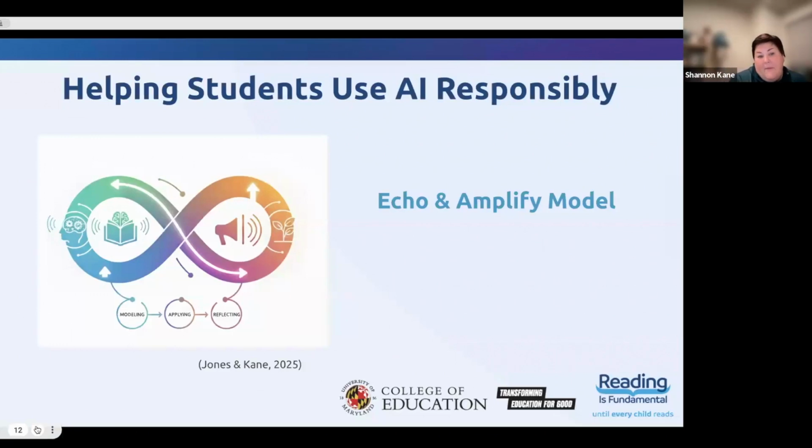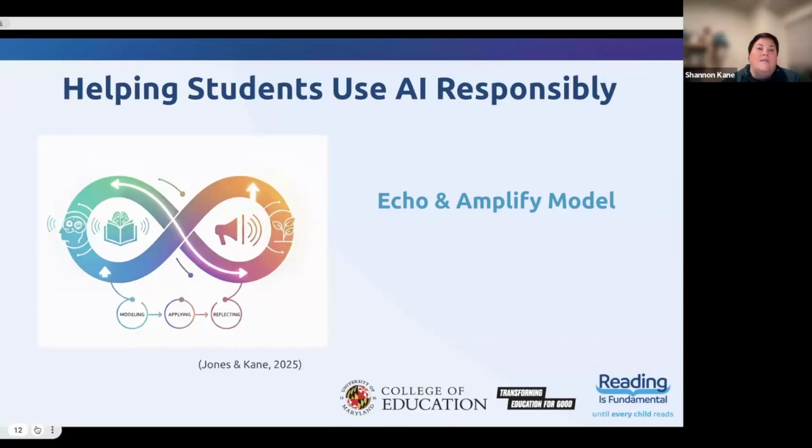The amplify part of the model, and when we think of amplify, something tends to become more intense, right? Or it's sharpened, right? So we're amplifying it. Here, we want our students to get the idea that they're going to extend and sharpen these practices, and in our case, talking about writing, of using Gen AI as a tool to grow and develop as writers, right? So they're going to amplify the skills and the practices that they've observed you do, as they grow and develop as writers, right? The use of this tool.